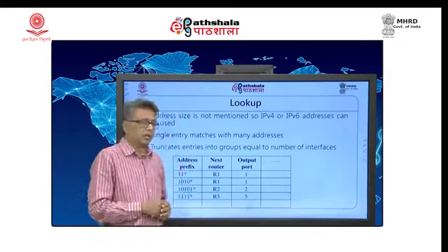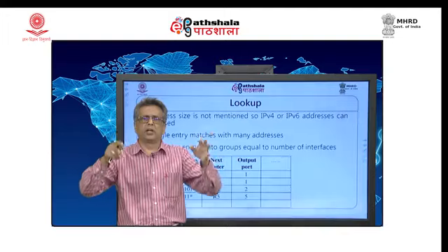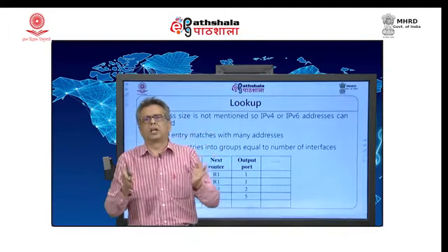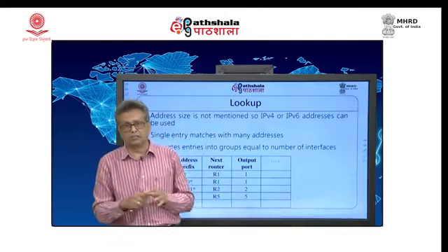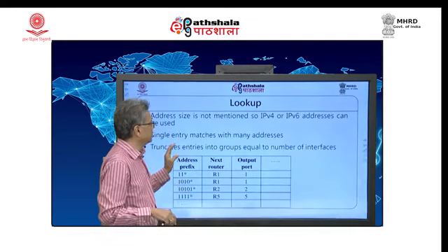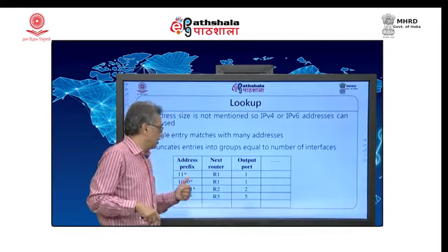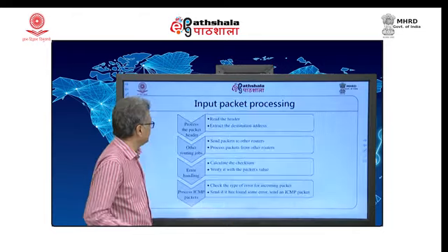The second reason is that when I am using prefixes and I reduce that size, I will require fewer prefixes. In fact, the best solution is when the number of prefixes equals the number of outgoing lines, because if I have 3 outgoing lines, I will have to divide every input into those 3 outgoing lines only. If I can do that, it is the best thing for me. So, here are two reasons why you have prefixes rather than complete addresses.